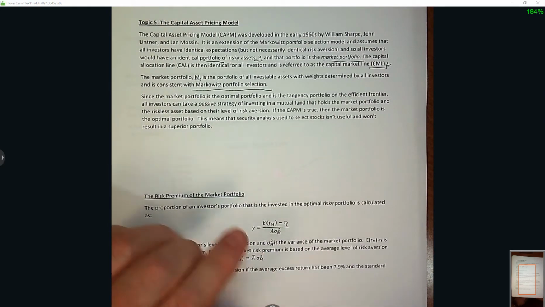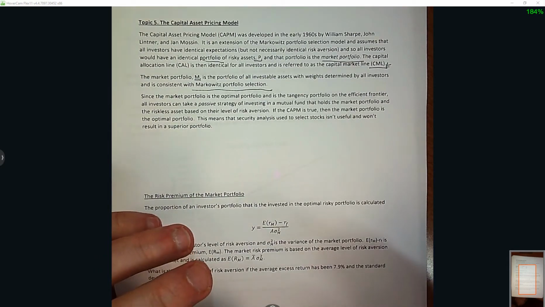This would include cars, houses, real estate, this would include my son's Pokemon cards. Anything that you can invest money in is included in this big bundle of all investable assets, and the weights that we would have of our wealth in those assets for the risky portfolio, the market portfolio here,